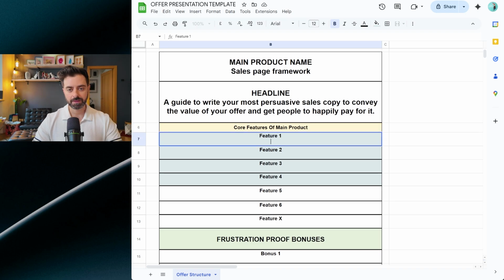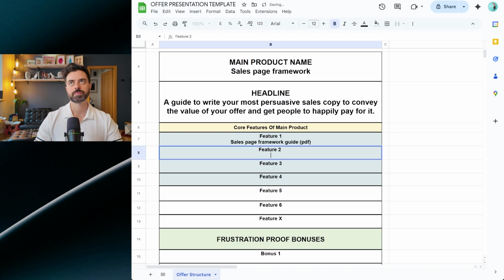The features should be, as a first step, just a list of what we are going to deliver to people. Like in this case, we have a sales page framework guide, which is a PDF guide. That's the first one. Feature number two, I've put together an email course of 10 emails where I send an email each day about one specific section of the sales page so I can basically help people writing the copy